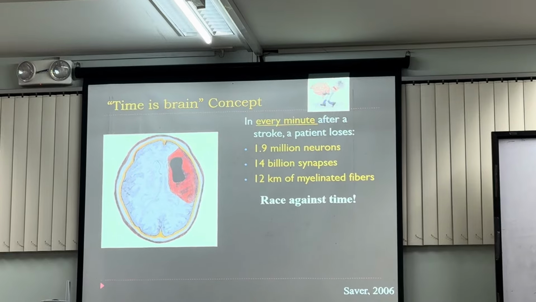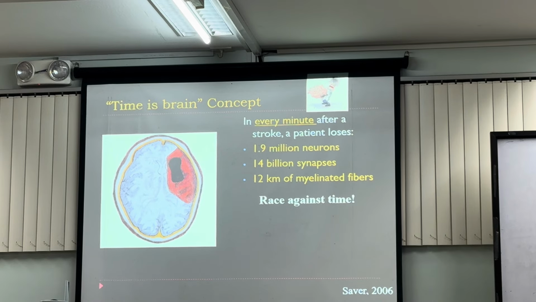If we don't restore blood flow to this area, the ischemic penumbra, we lose 14 billion synapses, or 20 kilometers of myelinated fibers. That's why we say, if we want to address stroke or treat stroke, we are running after time. We want to save those salvageable neurons in